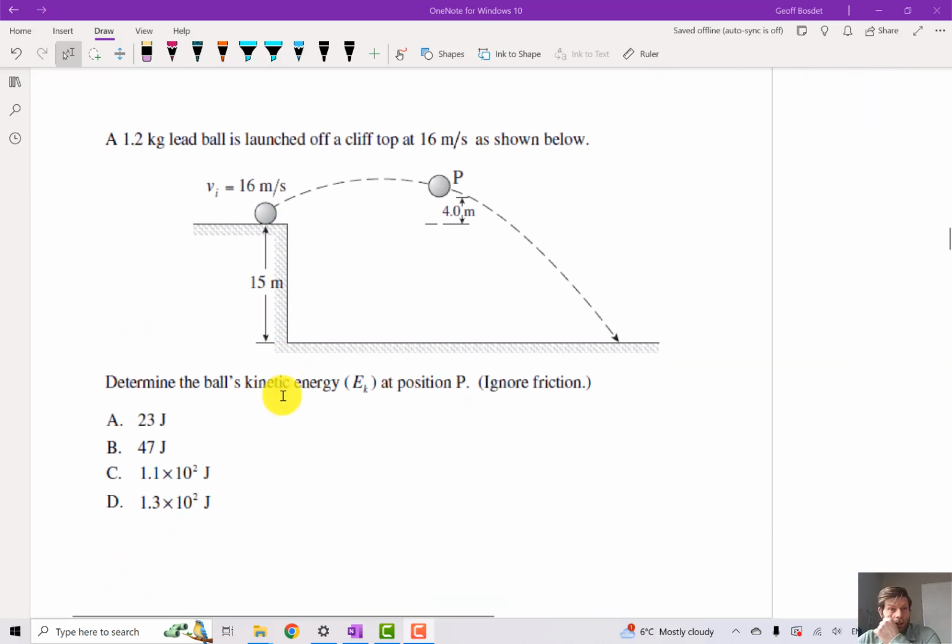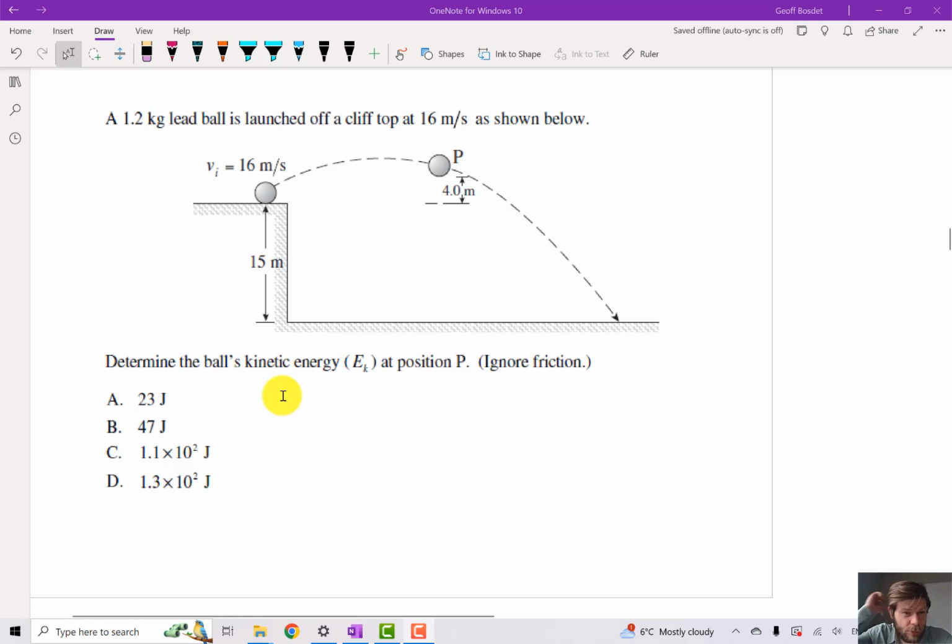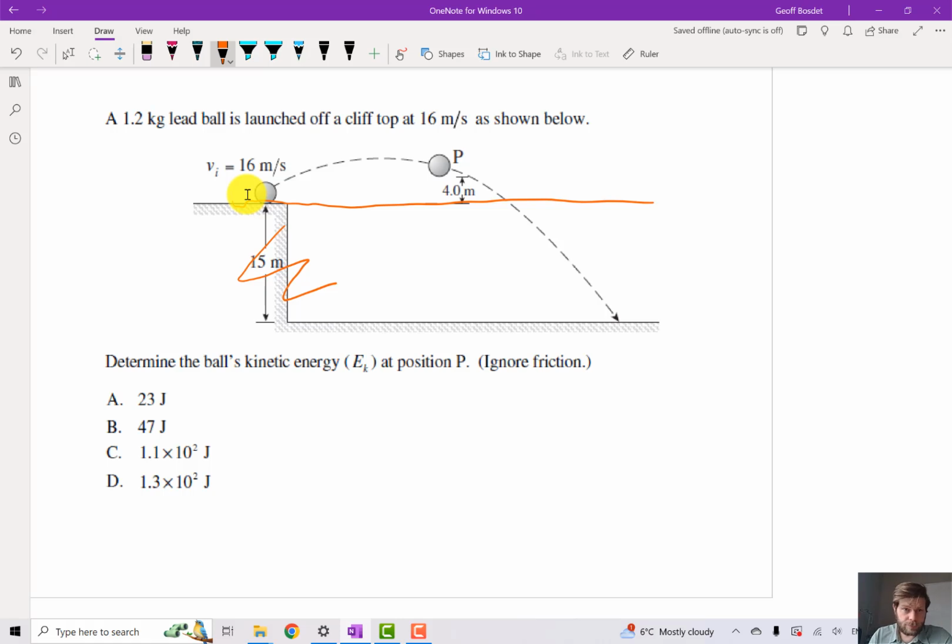Next guy, we got this one. I always like making my zero height the lower of my starting position and my ending position. Whichever one's lower, I just make that my zero height. So I'm going to ignore this whole 15 business. I don't need it. So if I consider this to be at zero height, it's got no potential energy initially, and I'm going to do a before equals after,